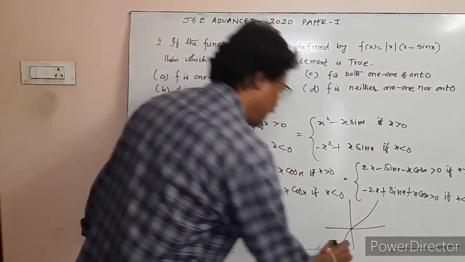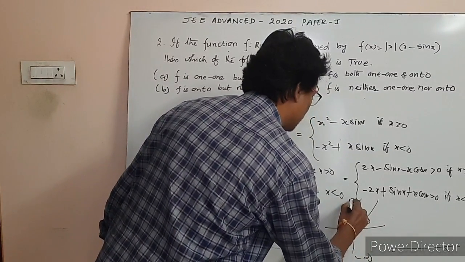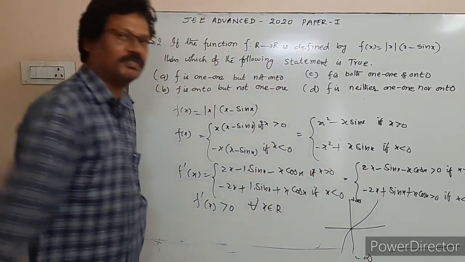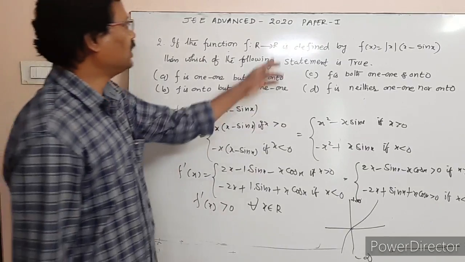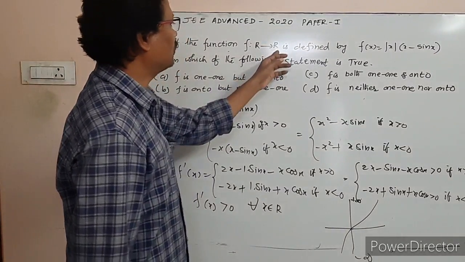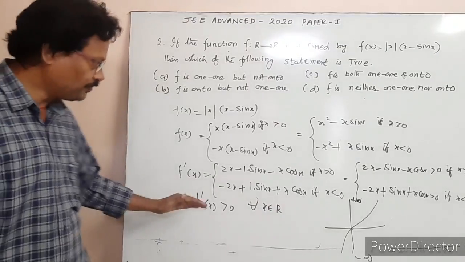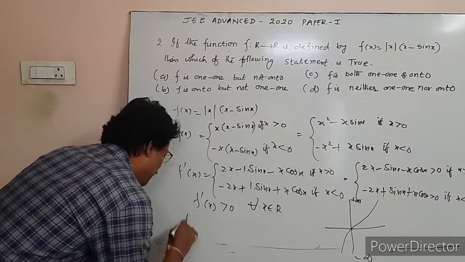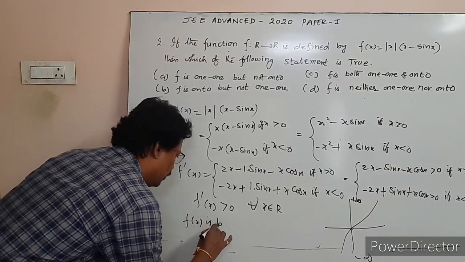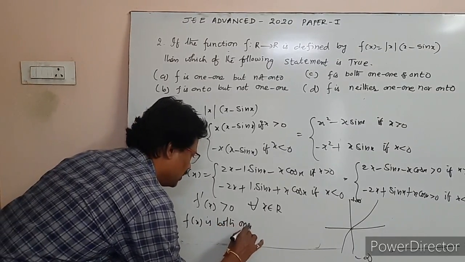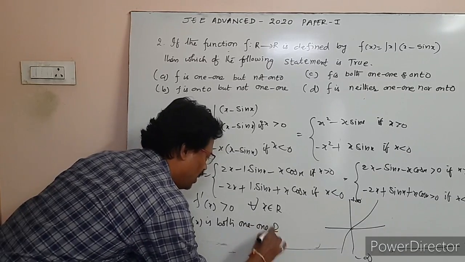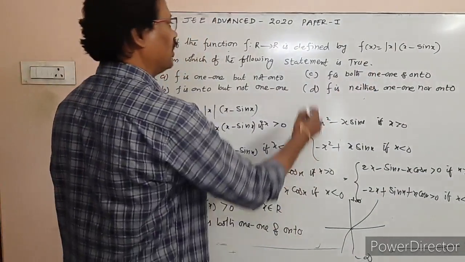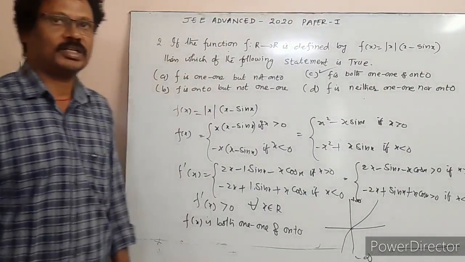And again if you see the range, it is from minus infinity to plus infinity, right? The range of the graph is from minus infinity to plus infinity. Therefore that range is the set of real numbers, and the codomain is also the set of real numbers. Therefore this function is both one-one and onto. Therefore this f(x) is both one-one and onto. Okay. Therefore which option is correct? Therefore C option is correct.